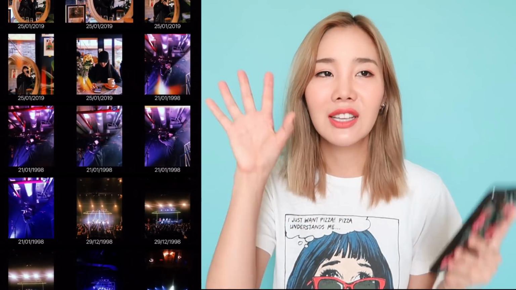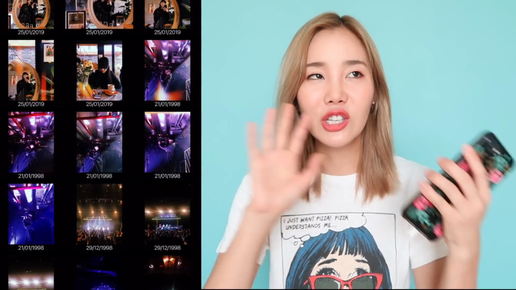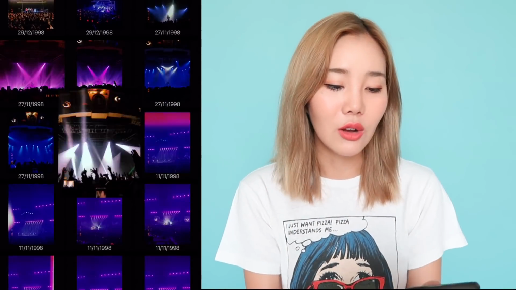And I also have the Huji app. This was really popular at one point. I love the vintage effect it has, and every time I go to a concert, I actually use the Fuji cam because it just captures the moment perfectly, and the lighting just works really well with Fuji. So my concert photos on Fuji look really cool.